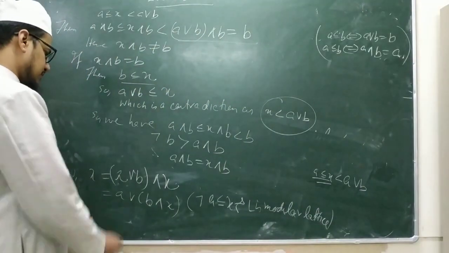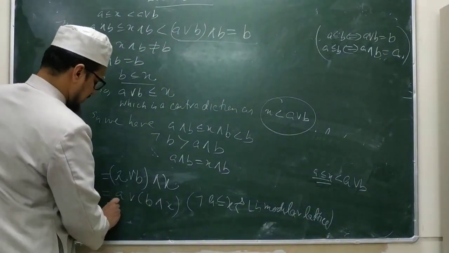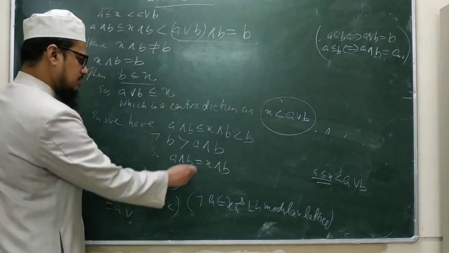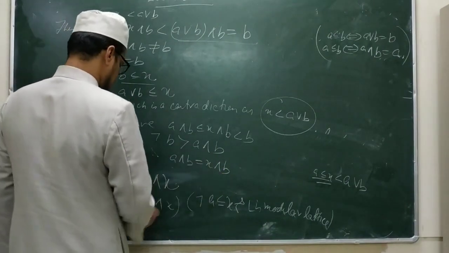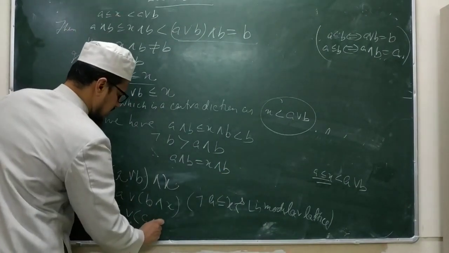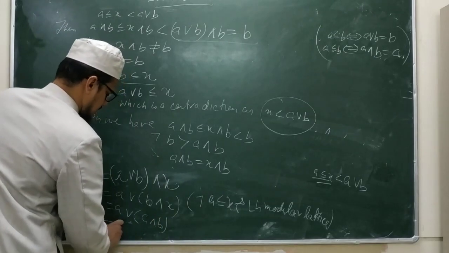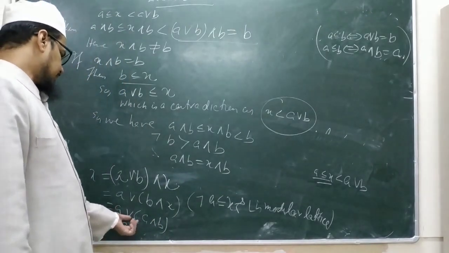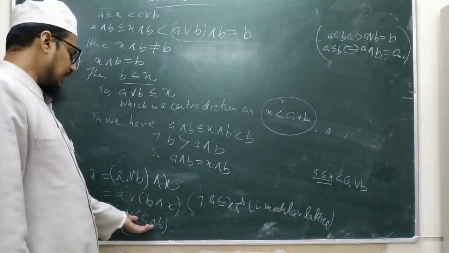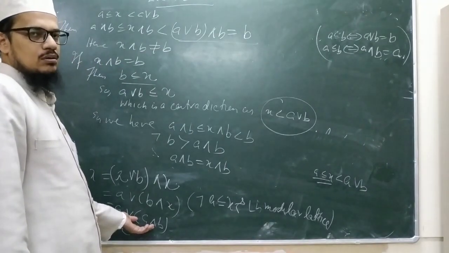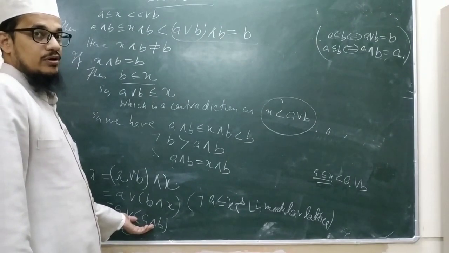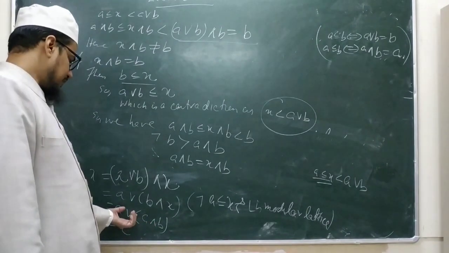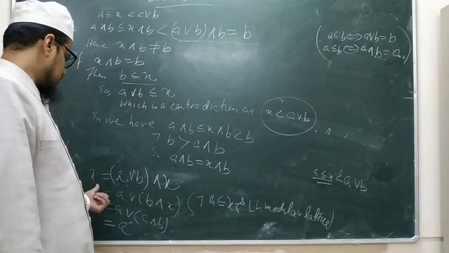So we can write A join B meet X as A join (B meet X), and B meet X is the same as A meet B, correct? Now this will be A. Why? Because A is always greater than A meet B, which is the greatest lower bound. So when you take the join of that, A will come. So we have proved that